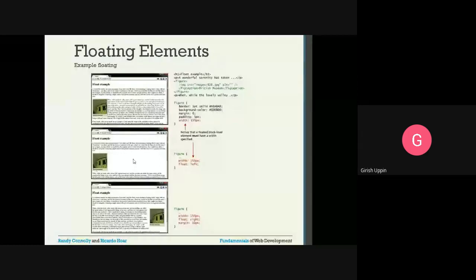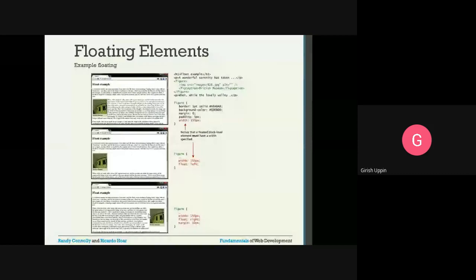And if you see here, we have another property. The property is changed here. Figure width remains the same, then float right. Now it is floating to the right, and the margin is 10 pixel. So we have a little bit of margin here, on all sides 10 pixel. So this element will float to the right, and everything will flow back to the left side. Okay, here the element has floated to the left.